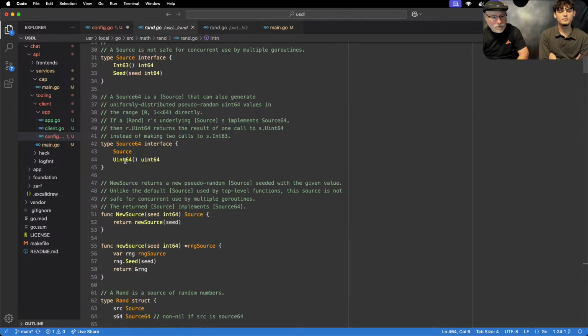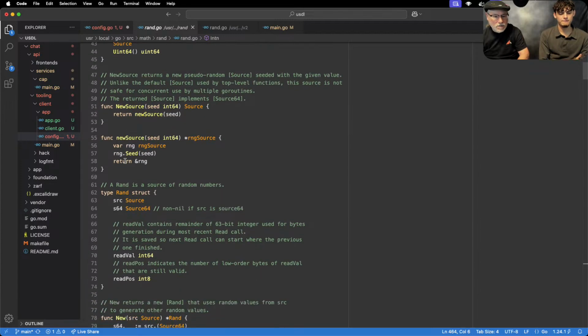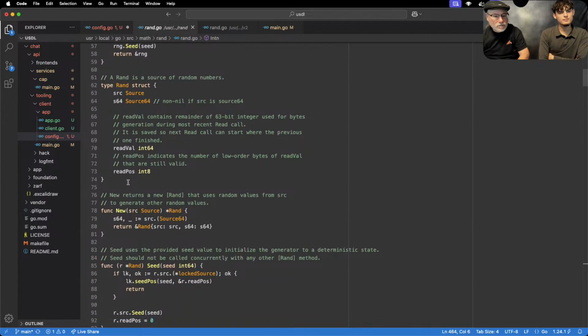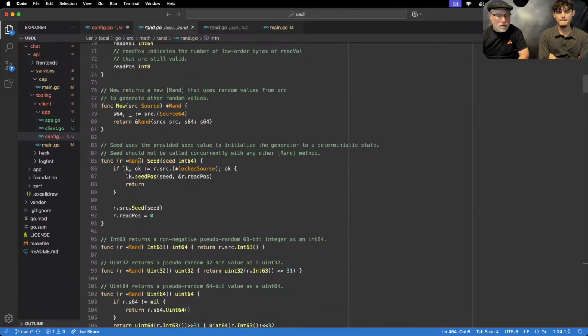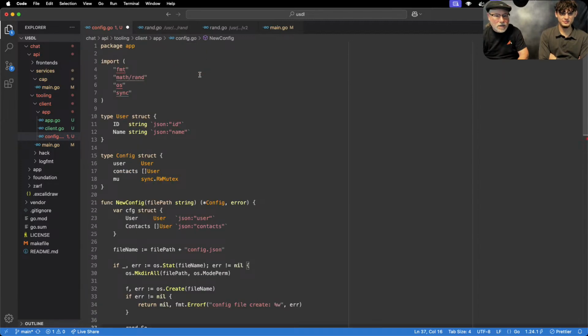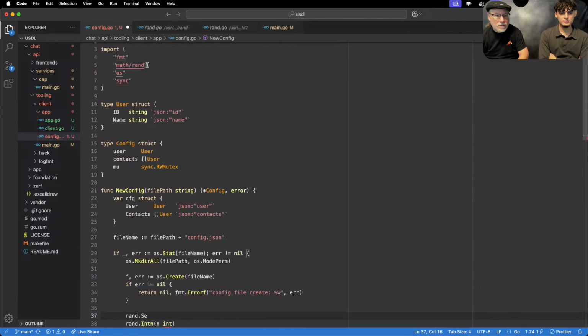Where version 2 doesn't have the seed anymore. So if seed was really used so that you could have deterministic, it's kind of weird to say, deterministic random numbers. Okay. So I could put a seed of 1 and you'd always get the same sort of rotation of random numbers, right? Got it. Okay. But if we go back to V2,